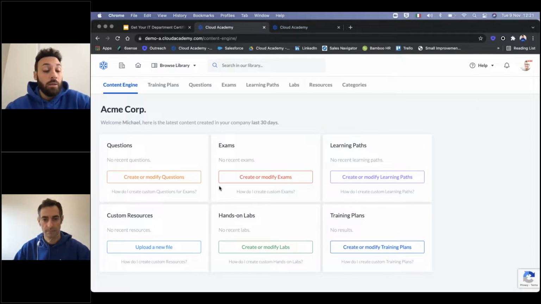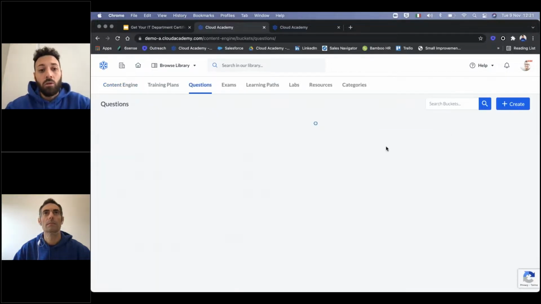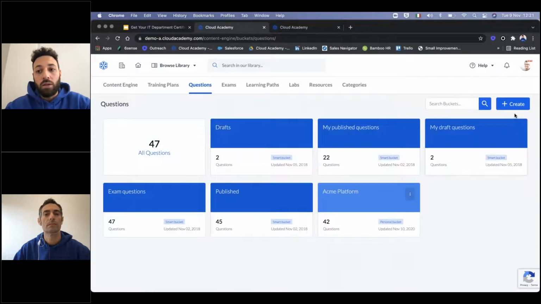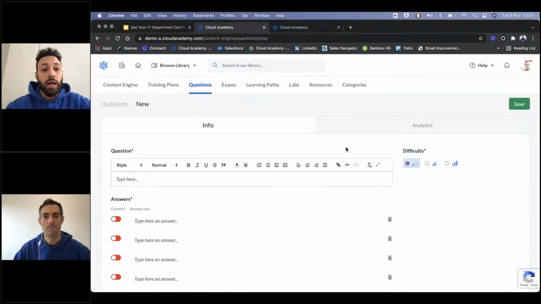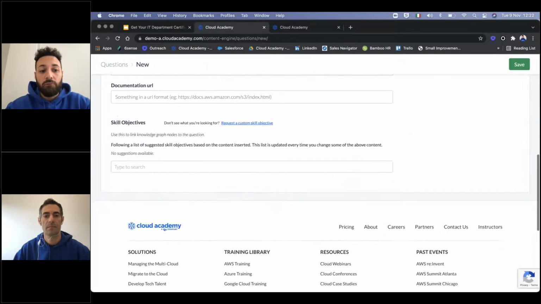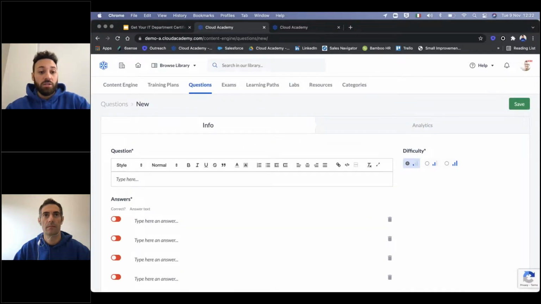So uploading and increasing the number of the contents using your specific resources, your specific documentation. And basically here you can create, for example, or modify a question. So I can go there, clicking on create, and I can decide to clone our content or to upload a specific content from scratch. So basically here I have full visibility about the structure of each Cloud Academy content and decide if this kind of content is good or not for my needs.